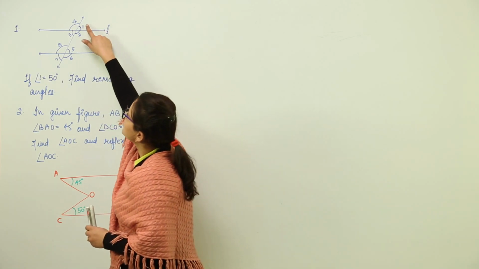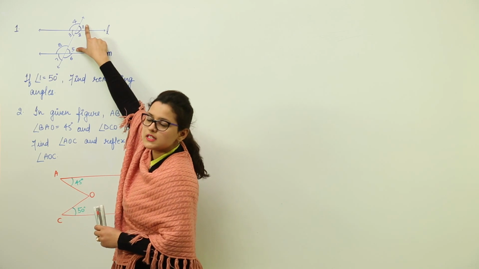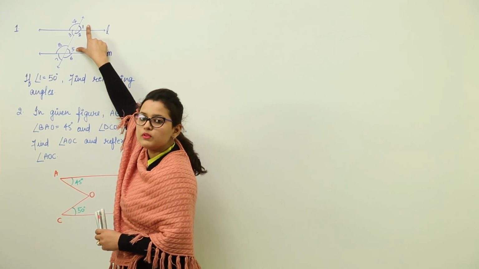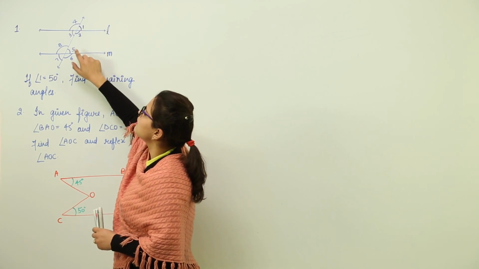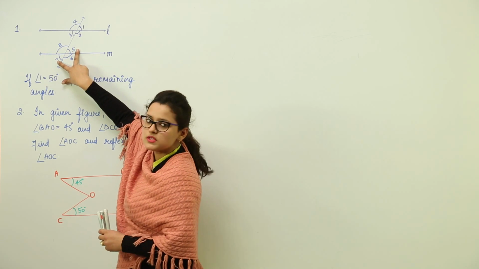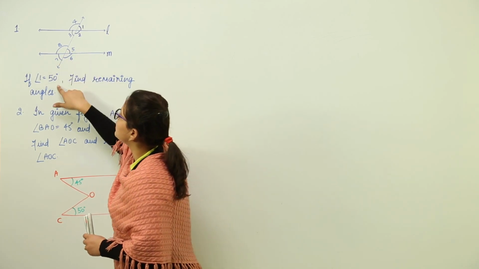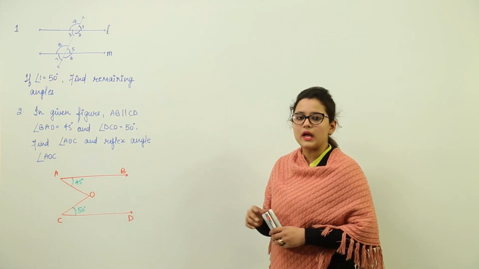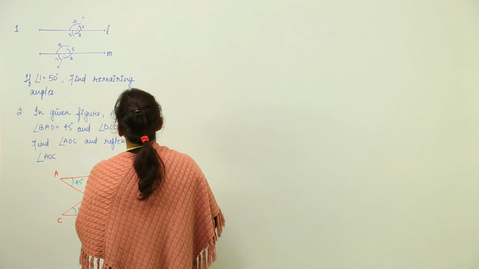Also 1 is forming the corresponding angle for angle 5. So we can say that corresponding angles are equal as per the property. Angle 1 will be equal to angle 5, giving us 50 degrees. Now again 5 and 7 are vertically opposite to each other. That gives us that 7 is also going to be equal to 50 degrees. So that means we have already found 4 angles out of the 8 angles. So let us write that down first and then we will continue.